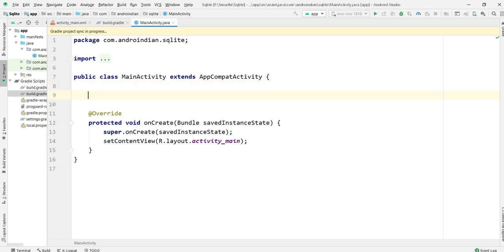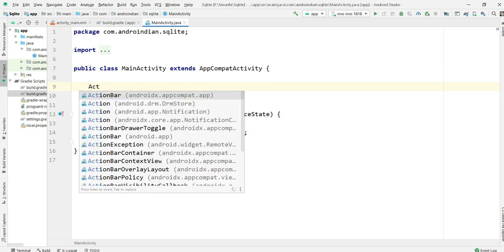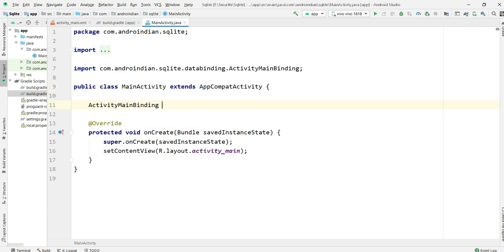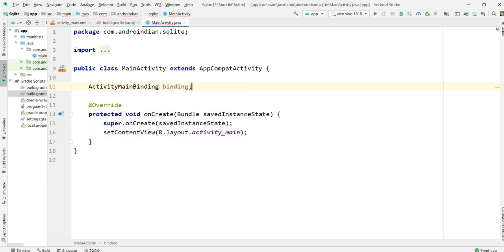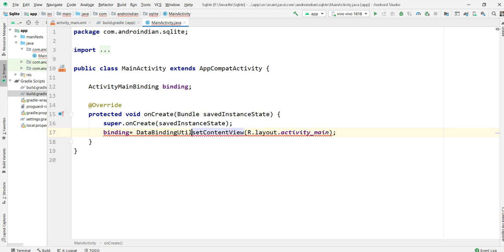Now we need to declare the binding. So I'm declaring the binding, that is the main binding. Then binding equals DataBindingUtil.setContentView with MainActivity and this.